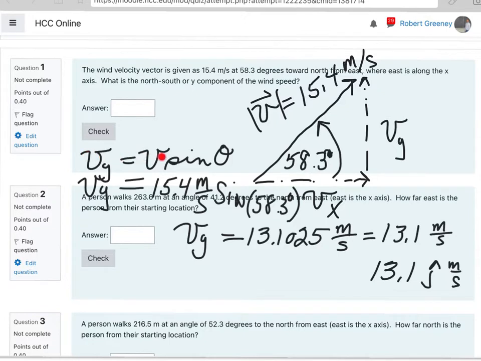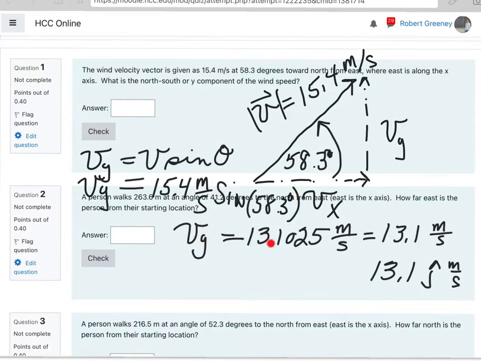So I write the equation down. Notice the formatting, and you should do this. Write things out. So vy equals v sine theta. Then I write down what it is. Vy, there's v, there's the sine of theta. It's a little messy, crowded. And then I do the calculation. Notice I put the units in,